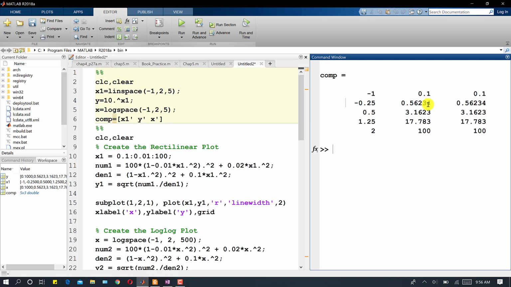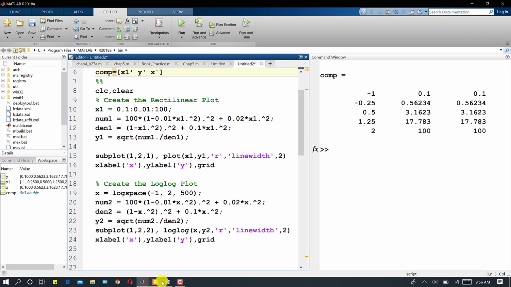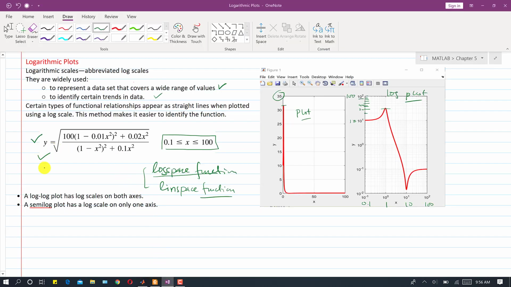So in order to plot a logarithmic plot, what we will do is generate logarithmically spaced values of x, and then evaluate the function for these logarithmically spaced values of x. So it's very important, you people should know it. Now if you want to plot that already discussed function, this y of x function, between 0.1 and 100, we will simply plot this, and then we will use a logarithmic plot.